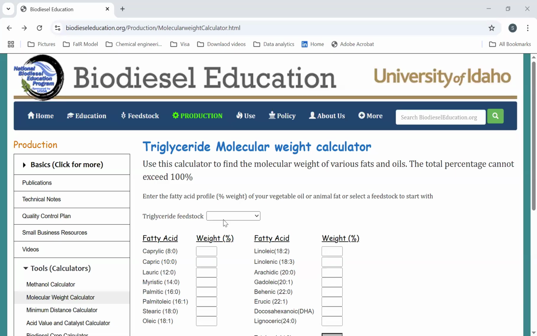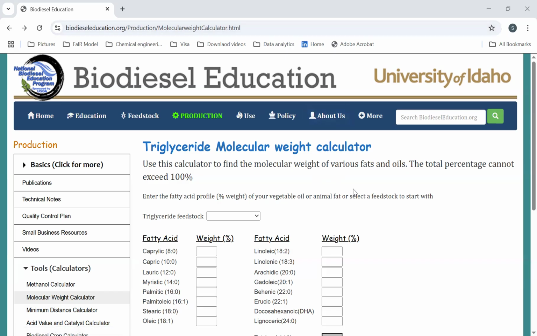Hello everyone, I got a request to upload a video on how to calculate the molecular weight of oils or triglycerides. I discussed this before in one of the videos about calculating the amount of alcohol needed to make biodiesel from oils or from lipids. But I found this actually useful website here that you could use to calculate the molecular weight of